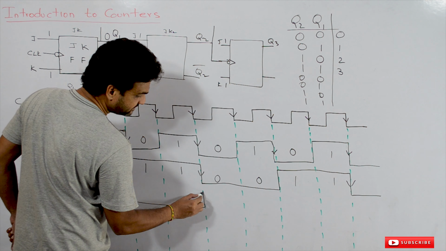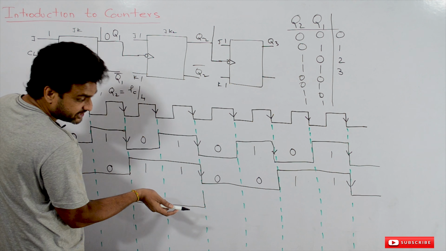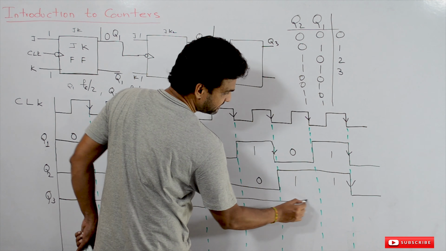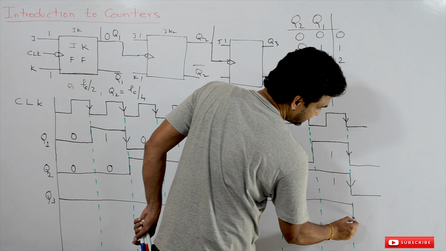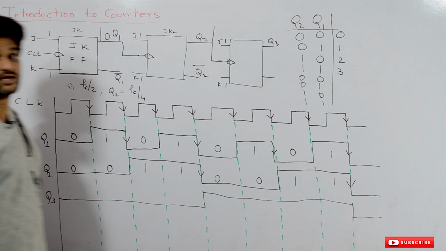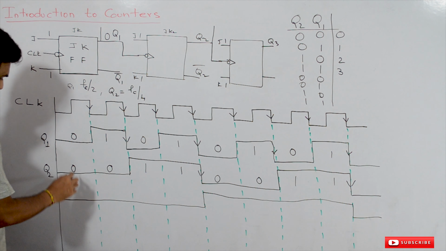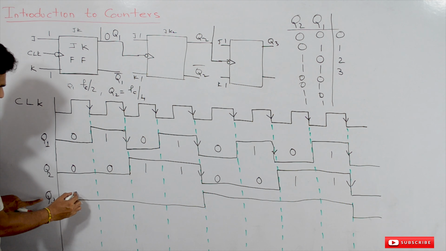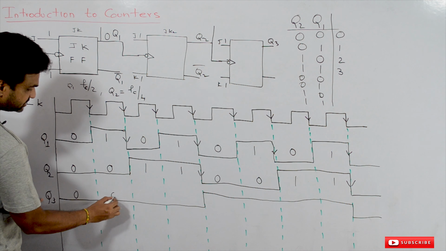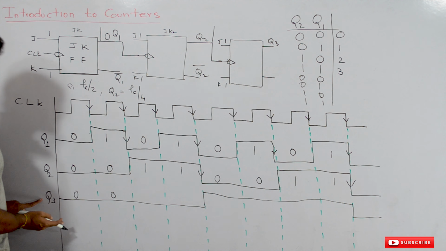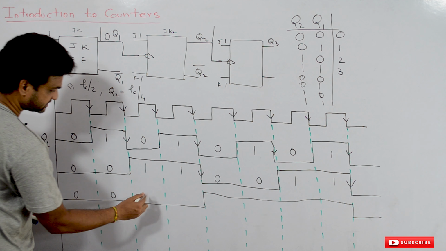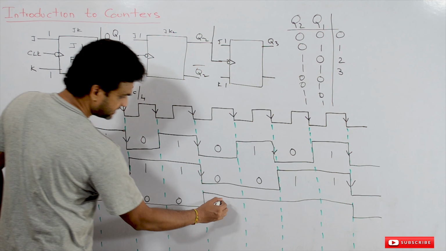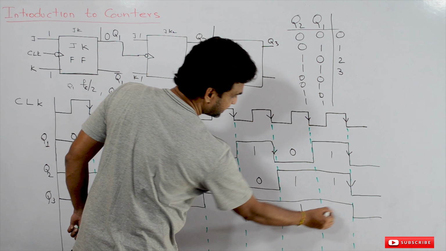It is going to be toggled from 0 to 1, and again this is going to remain 1 until here, and here it will get toggled. Let's check the outputs. So for this clock cycle, the output that is generated at Q3 is 0, 0, because this is the lower clock level. It is going to be 0, 0, and here it is 1, 1, 1, 1.